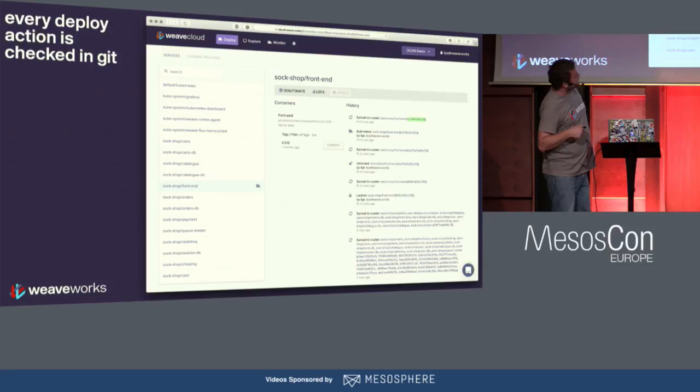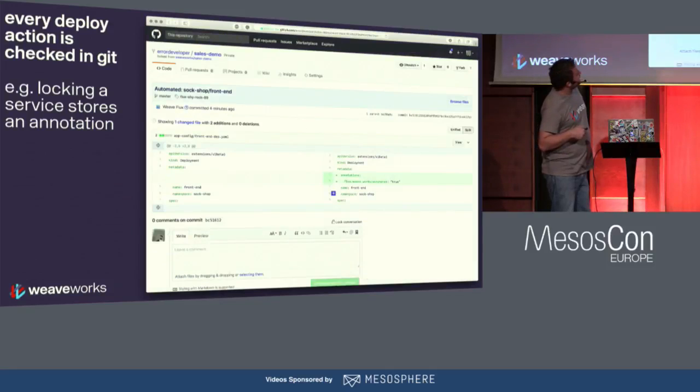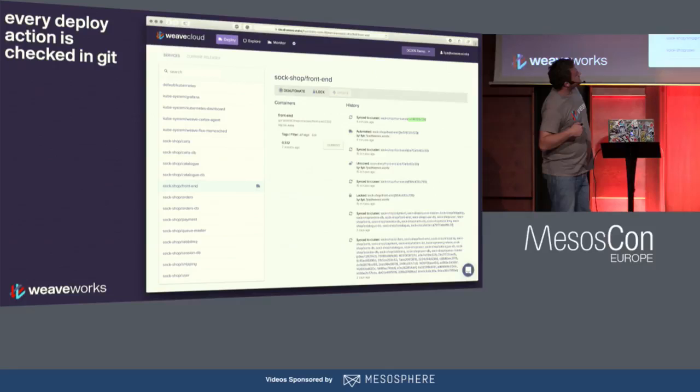That's cool, but we can take a look at the latest change that's been applied to the cluster. And we can see that, okay, well, it got automated. In this case, I clicked on that button earlier and I automated the service. So if it sees a new tag in the registry, that will get updated in Git and synchronized with the cluster.